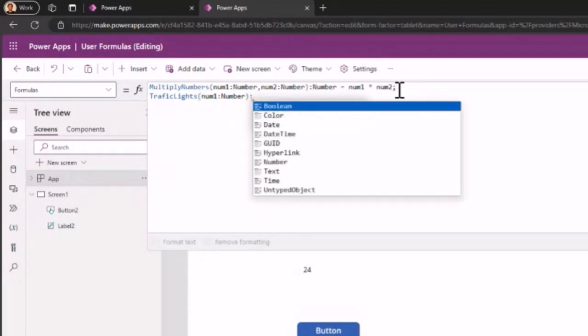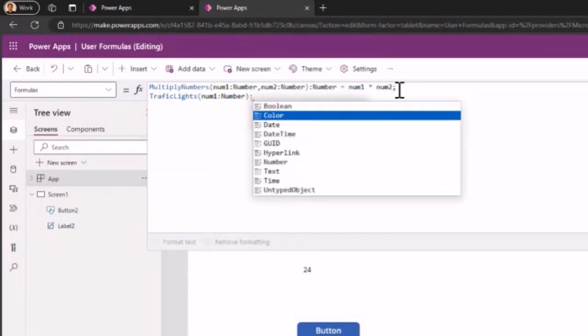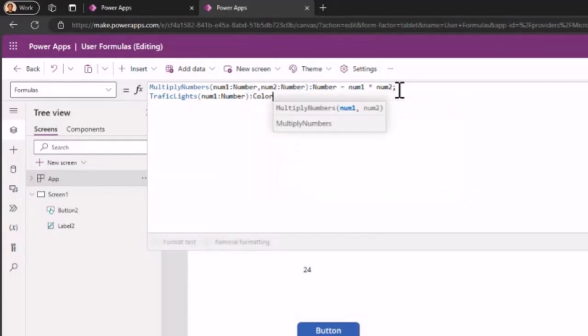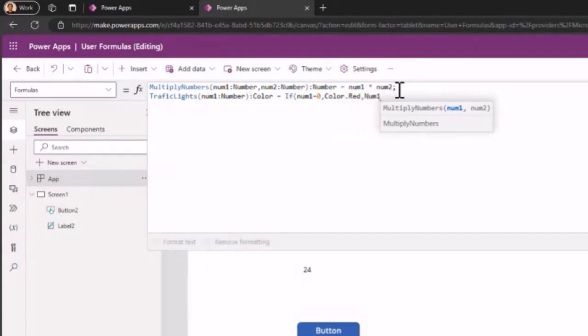And we are going to return a color. Oh, wow, you return a color. That is how you can do that. Okay, so let's use something simple, a color. And what is my color? I'm going to use an if here. So I'm going to say if number equal to 0, return color red. Okay? So if the number is equal to 1, I'm just using random numbers, but equal to 1,